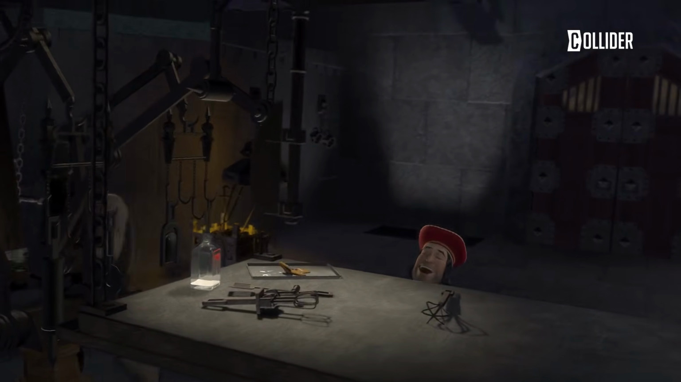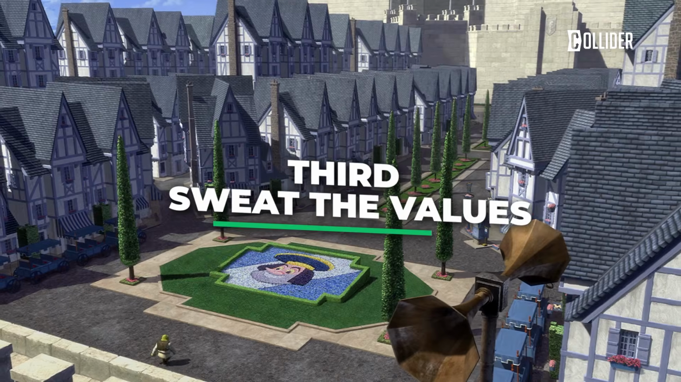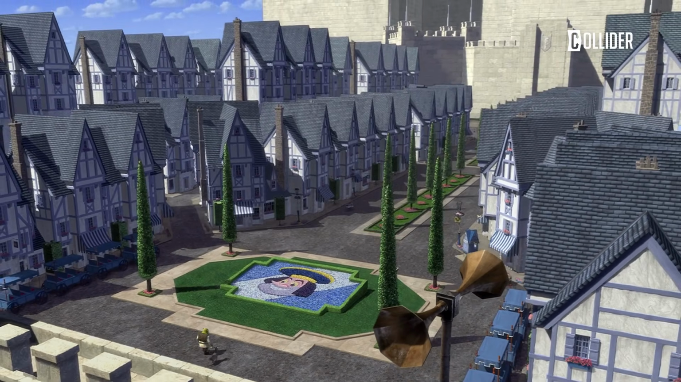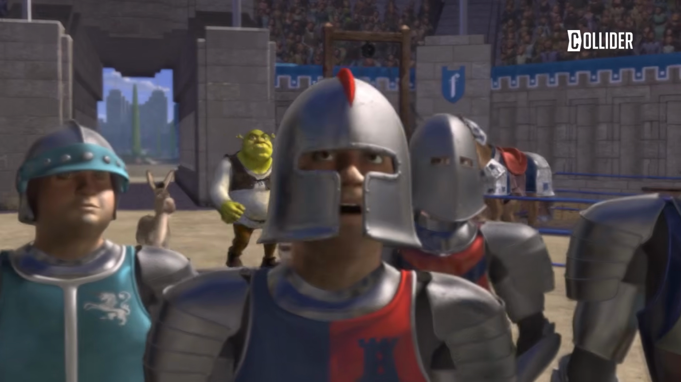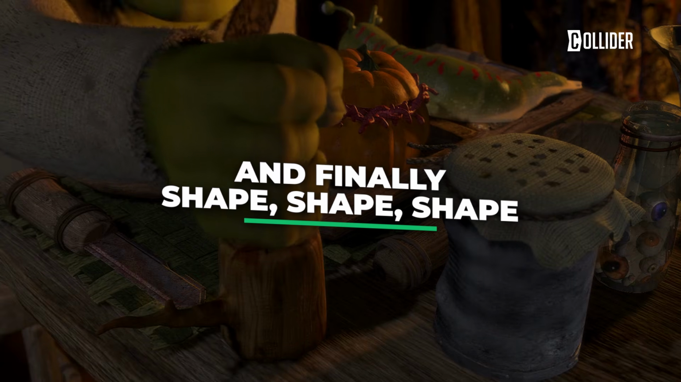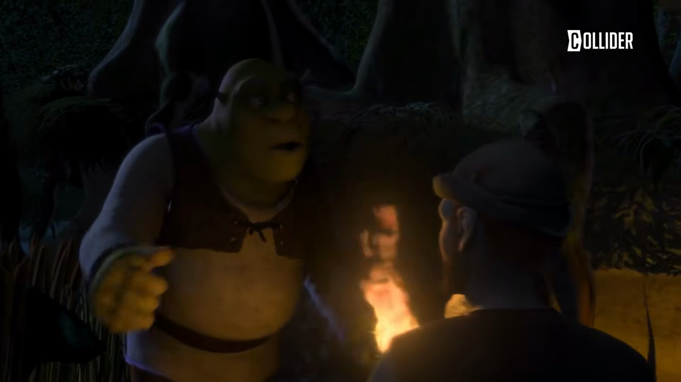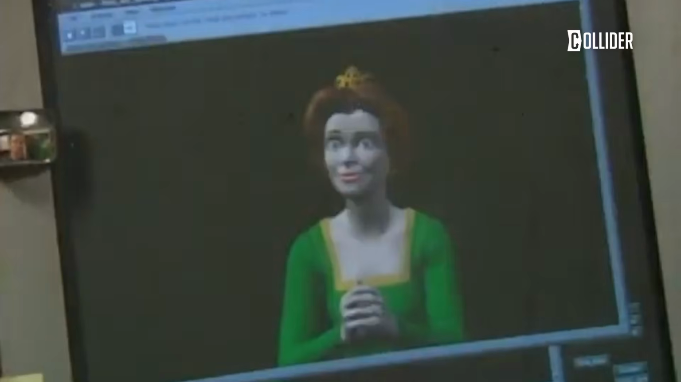Scenes weren't just lit by one source. They layered multiple lights to give depth and texture. Third, sweat the values. Every shot was carefully balanced for contrast, brightness, and saturation so the eye knew exactly where to look. And finally, shape, shape, shape. Light was used like a sculpting tool, carving Shrek's bulky body out of the dark swamp or softening Fiona's face